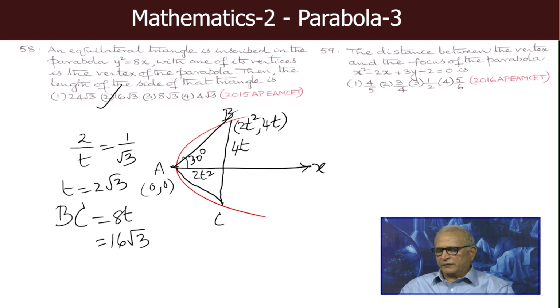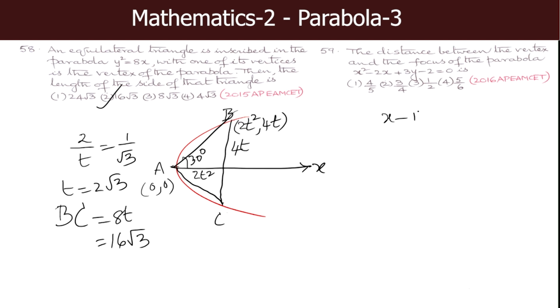Next, the distance between the vertex and the focus of the parabola x square minus 2x plus 3y minus 2 equal to 0 is. The parabola equation in standard form is not given, but they ask for the distance between the vertex and the focus. First of all, let us try to simplify this equation and also try to put it in the standard form. This is x minus 1 whole square is equal to minus 3 into y minus 1. I hope I am clear. x minus 1 whole square equal to minus 3 into y minus 1, same as the given equation, or x square equal to minus 3y